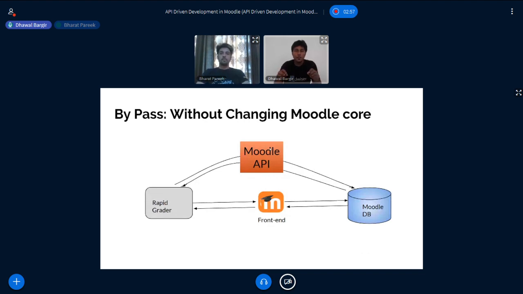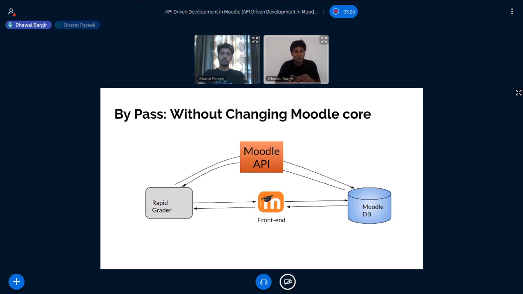And if we could somehow bypass this interface, to capture and store the required data, then our job would be much easier. We could simply build a new interface and render it independently of the current grading interface while directly talking to the database. But this was only possible using an API.